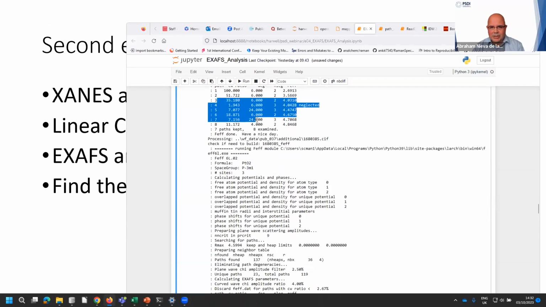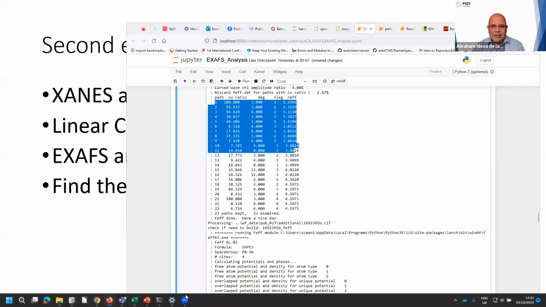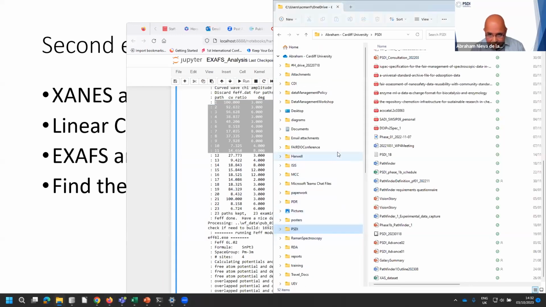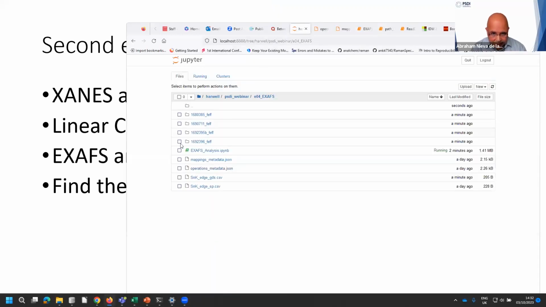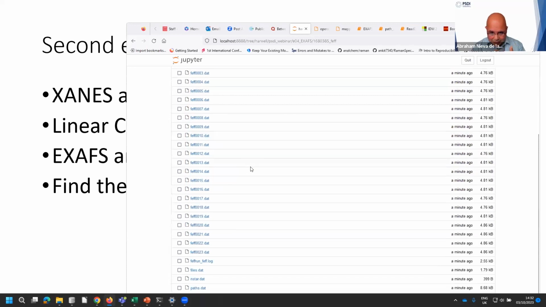This is one, this is the second list of FEFF paths. And if we go back to the file explorer, we can even see where these files were generated. Each of these 1, 2, 3, 4 directories were generated by runFEFF, and each of the directories contains